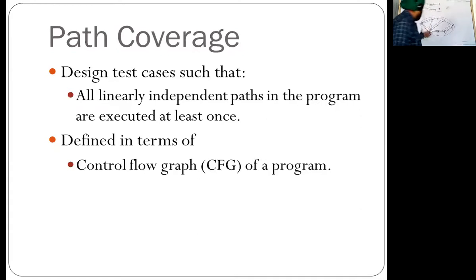So different test cases are generated where you see all the cards. It is defined in terms of a control flow graph, which means the control or execution can follow any path of the graph. So you have to test all the paths of the graph in your code. That type of testing, which is a special case of white box testing, is known as path coverage. You have to cover all the paths with your different test cases or test suites.